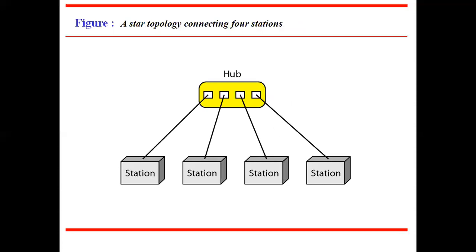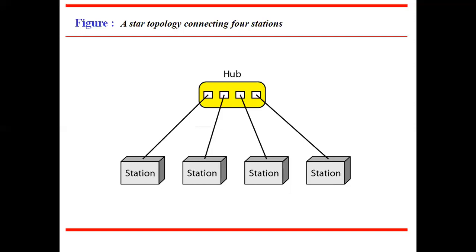A hub is an interconnecting device. Here, each device has a dedicated point-to-point link to a central controller called a hub. Here, the devices are not directly linked to one another. The advantages of this star topology are: